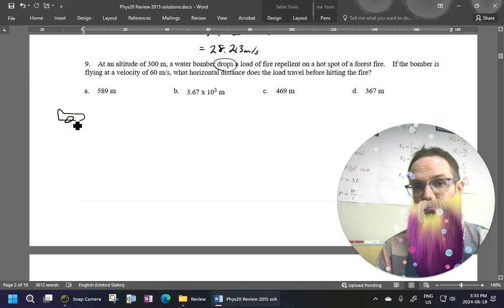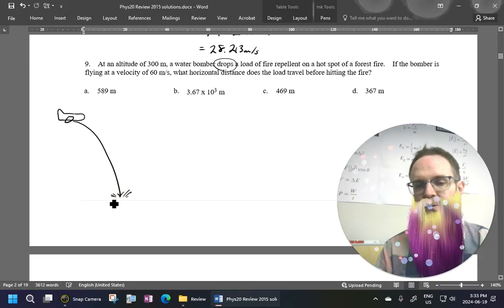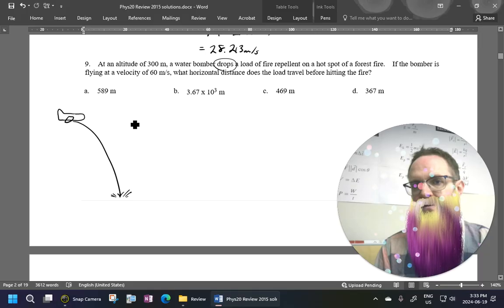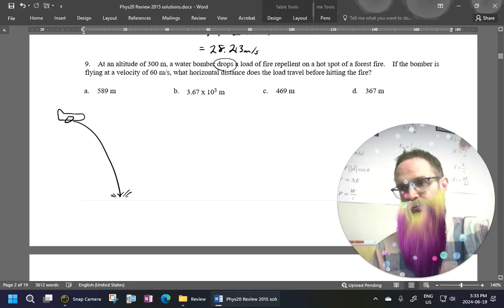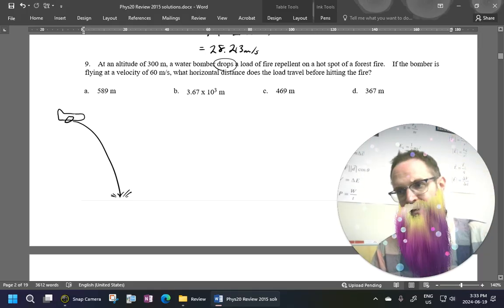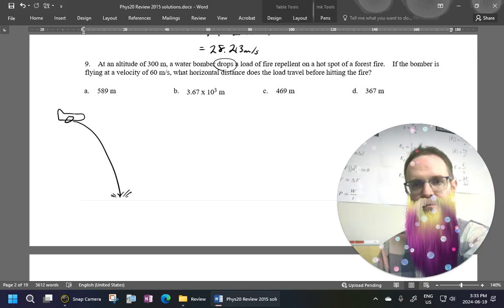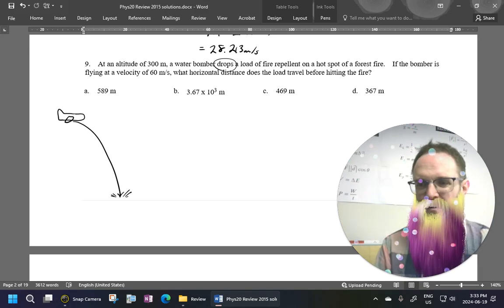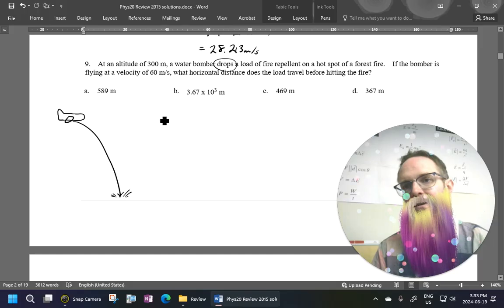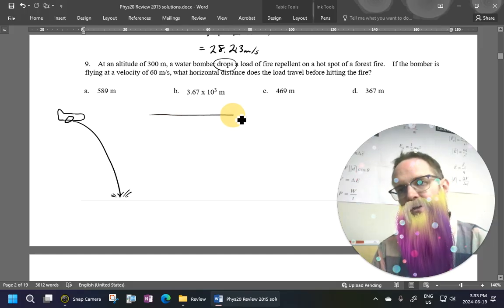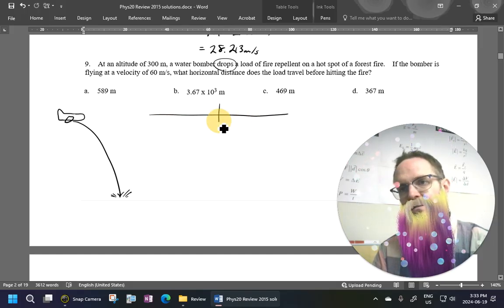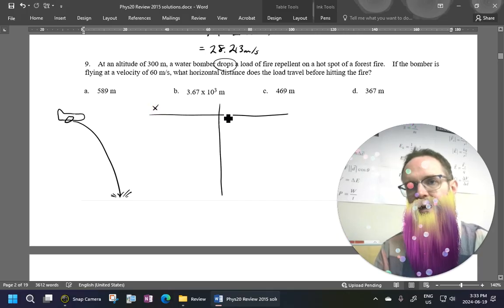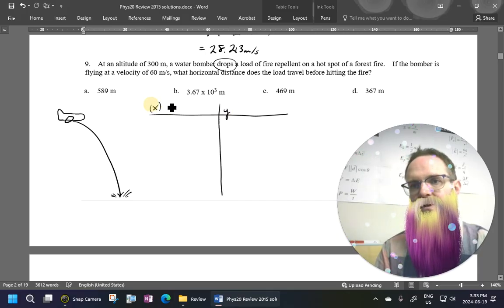Okay, so it's going to drop some water, and the water is going to fall and splash here on the ground, right? So it's not being thrown up, it's not going to be thrown down, it's just going to drop, but it's moving sideways, so it's got that sideways momentum, sideways velocity that doesn't change. So it's a two-dimensional question, so it's going to be a T-chart where we deal with our X's and our Y's. Remember, we got our horizontal side, we got our vertical side here,